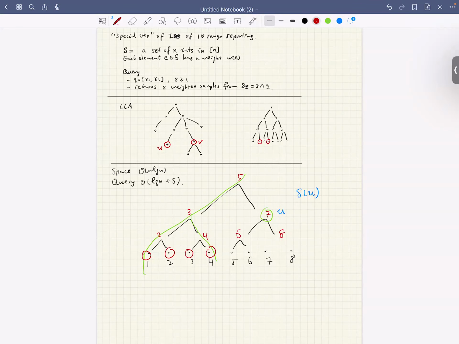So just to convince you that you can do this always in log n time, you can collect log n nodes to form a cover. Good. So if this is the case, how would you do log n plus s? Is it trivial now? Think about it. If I want to get just one sample, what would I do? So I would first decide, okay, at the